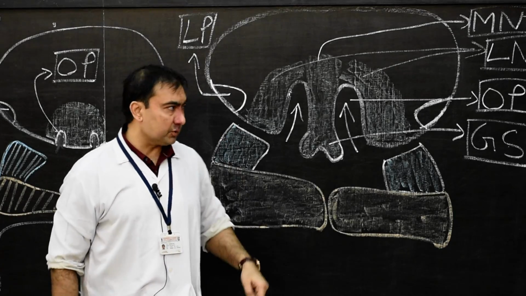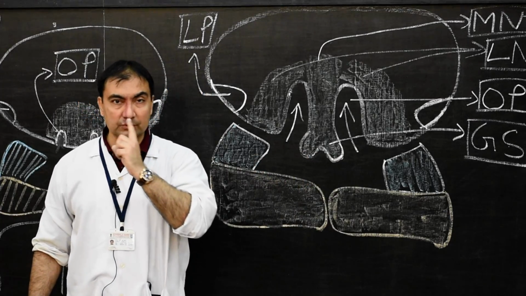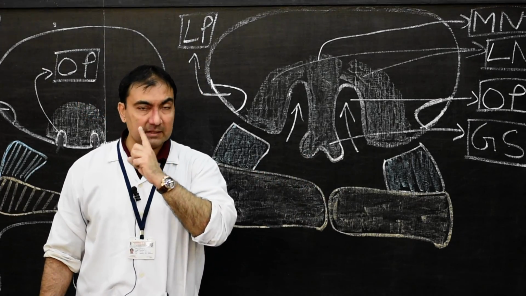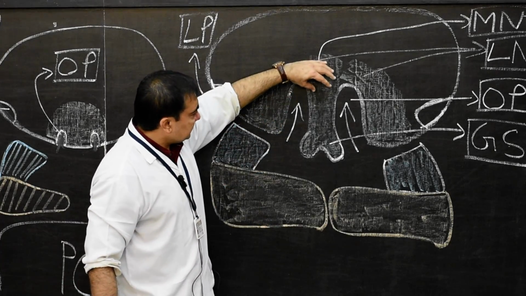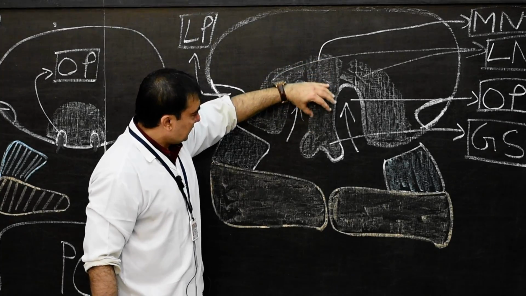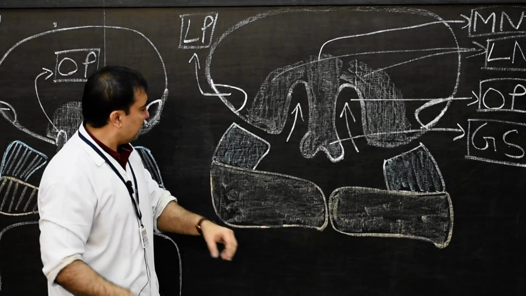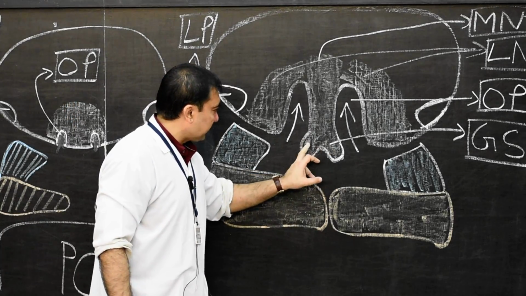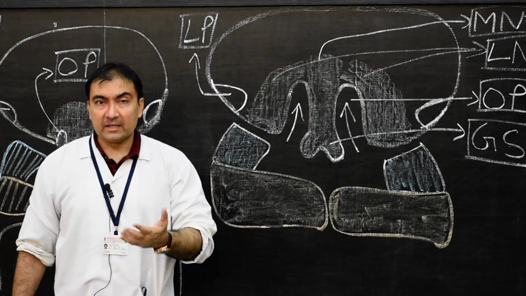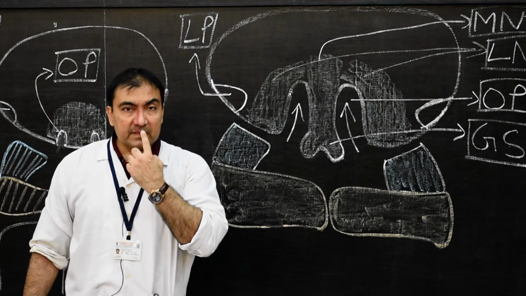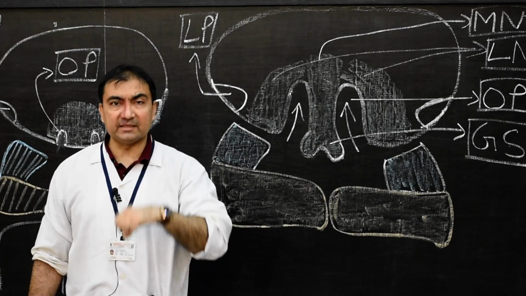The two lateral nasal processes, see here, these two lateral nasal processes will develop into the ala of the nose. These two nostrils are called the lateral alae, the alae of the nose. Similarly, the median nasal process, where my hand is, will develop into the nasal septum, and the two globular swellings of the median nasal process will develop into philtrum. This point is called philtrum, as well as premaxilla.